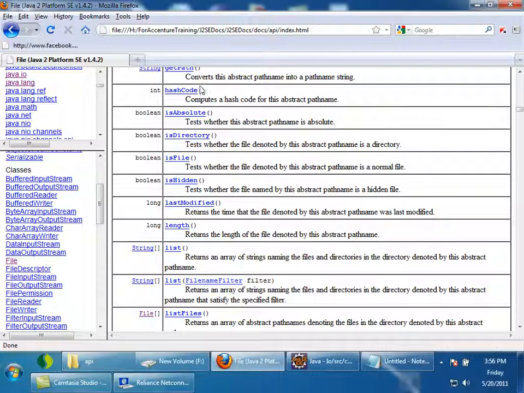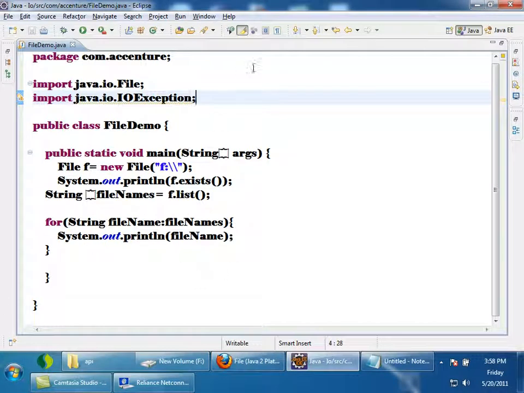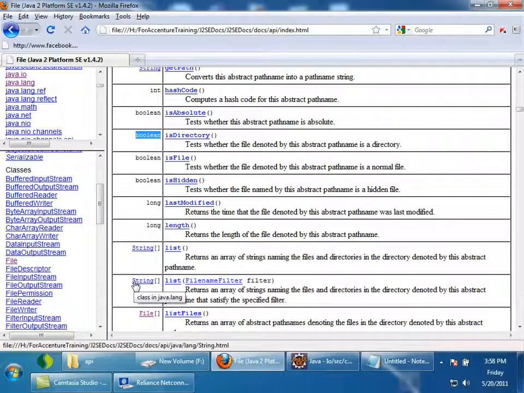Now, there is a method in the File class called isDirectory. This is returning a boolean. A file object can point to a directory, meaning here in my earlier program, I was making my file object point to F drive, right? A directory, or the file object can point to a file also. If you want to know whether it is pointing to a directory or a file, you can use these methods. f.isDirectory will return true if f is pointing to a directory. isFile will return true if it is pointing to a file. This is one point you have to keep in mind.